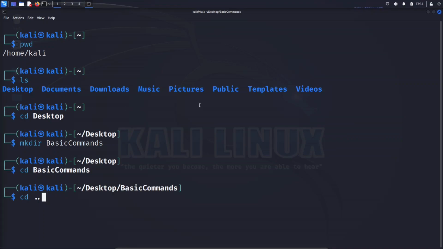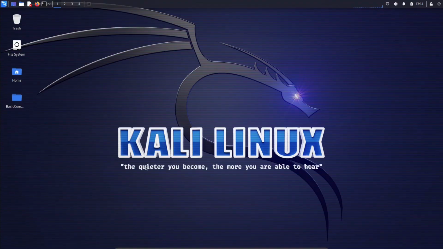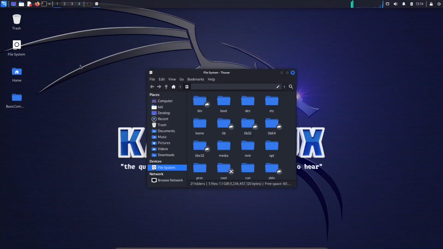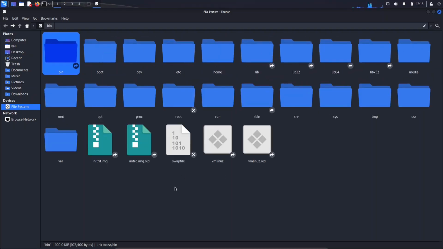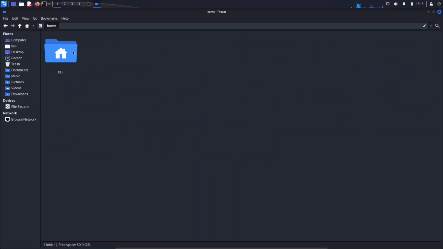So all these Linux directories work as a tree hierarchy. If we actually go inside this file system, we can see that we have all these different folders available in the Linux file system. And this file system, what we are seeing right now, is for the root user. So basically all of these are in our root directory, and the Kali user has a directory inside